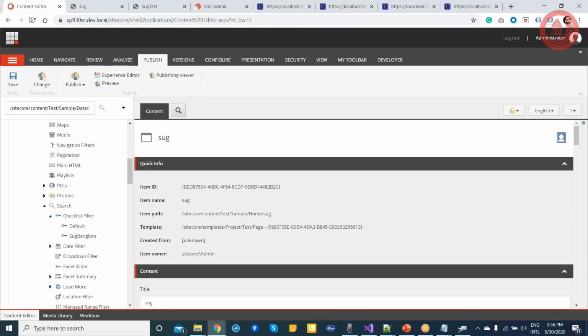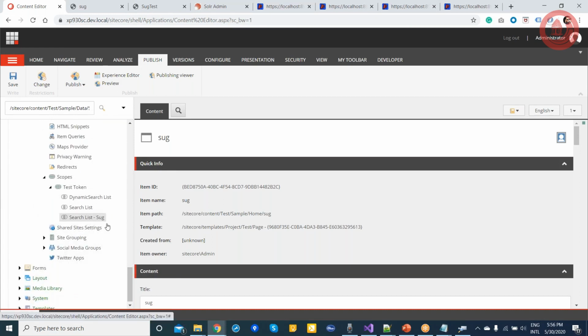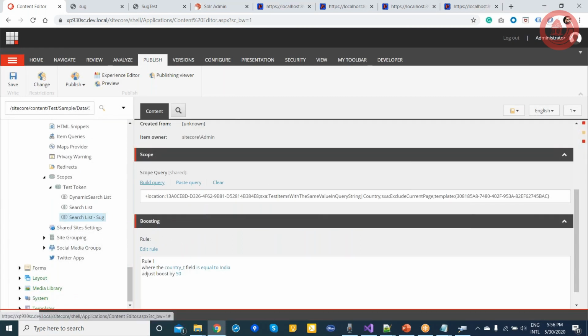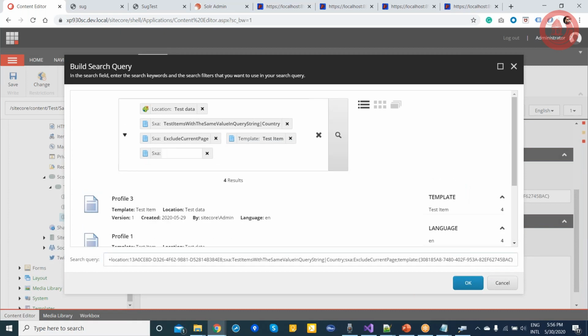Else, you will go to your scope item, which is in settings. In the scope item, you say you want an SXA component, and you create your custom token, which you would call exclude based on date.